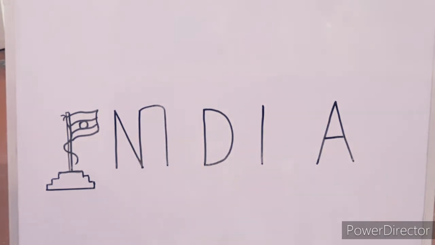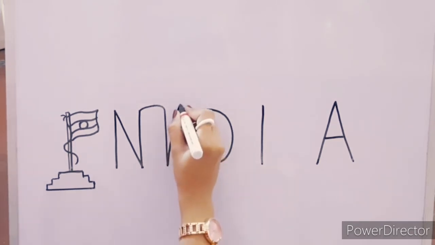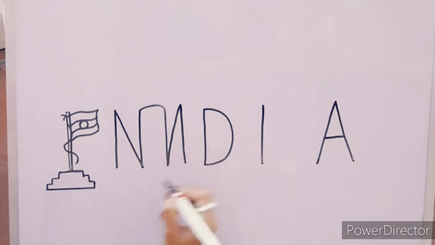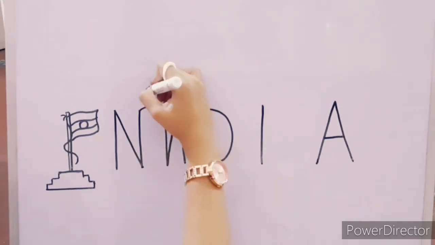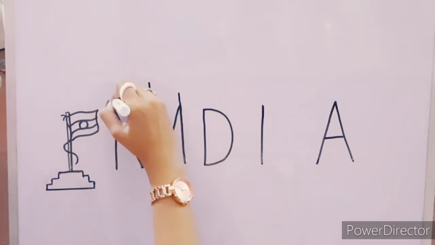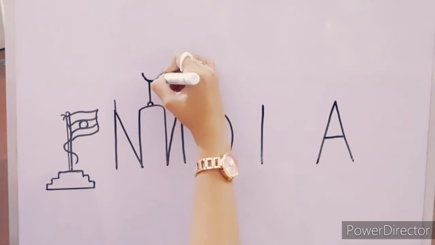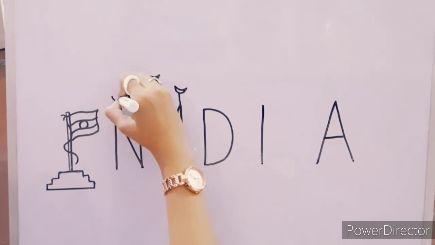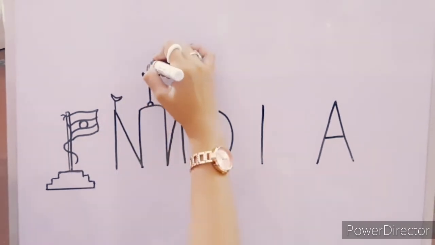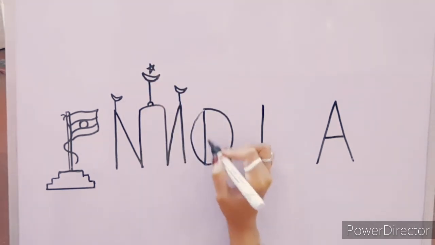Next, we will proceed to draw with N. See, like this way you will complete another line and one more slanting line and standing line. Then here we will draw 3 small lines like this way. I hope you have understood what we are drawing now. So we will depict various religions, what we have in India.